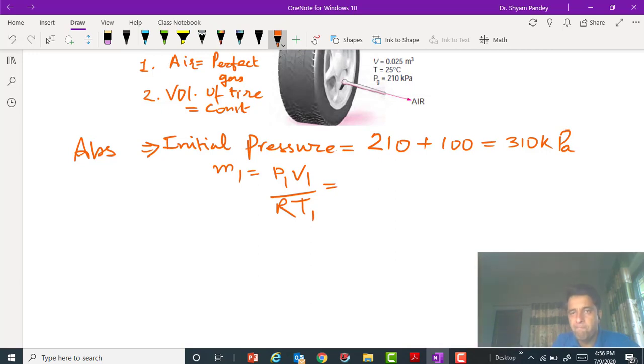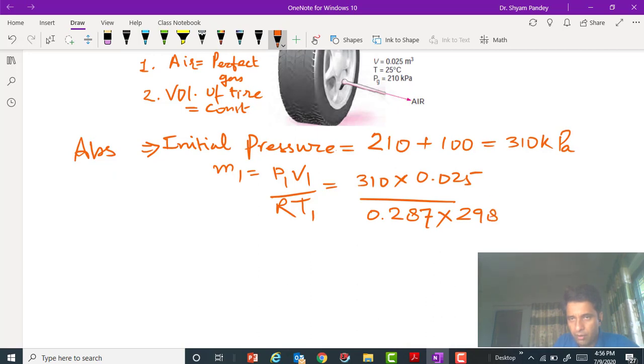So P1 is 310, and V1 is 0.025, divided by 0.287 kilojoule per kg per Kelvin into the initial temperature, which is 298. So it is 310 into 0.025 by 298 by 0.287, and it is coming to 0.090